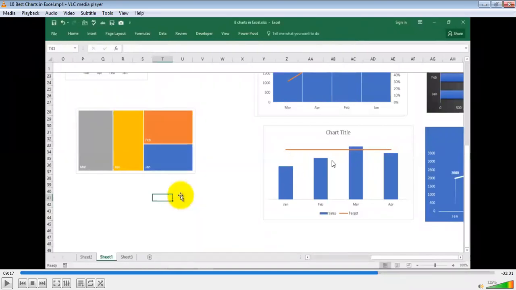This guy is almost average. This guy is also reaching average in some time. So these kinds of things can be easily interpreted from this Pareto chart. Pareto is basically a combination of an actual bar chart plus something like a target or generic average. So this is basically a combination of two things.